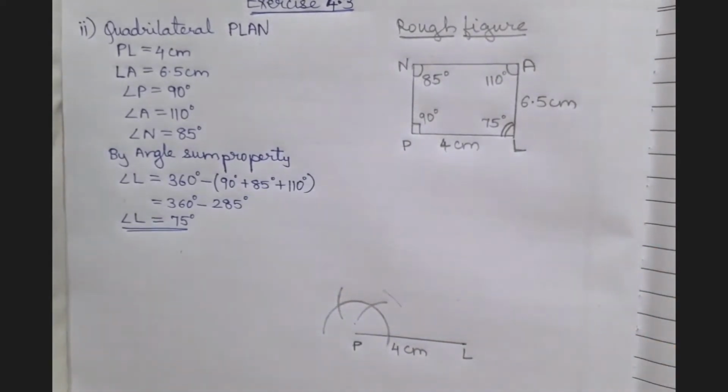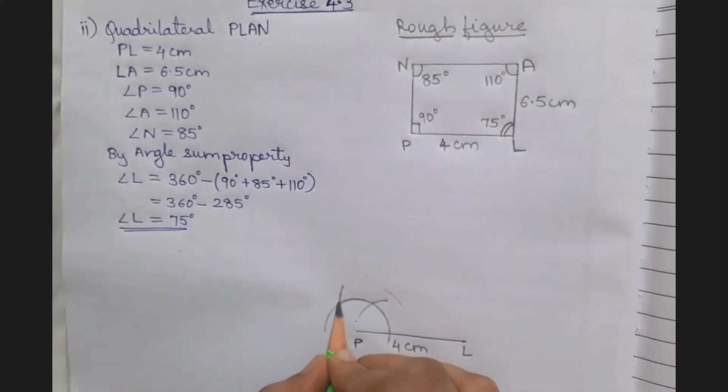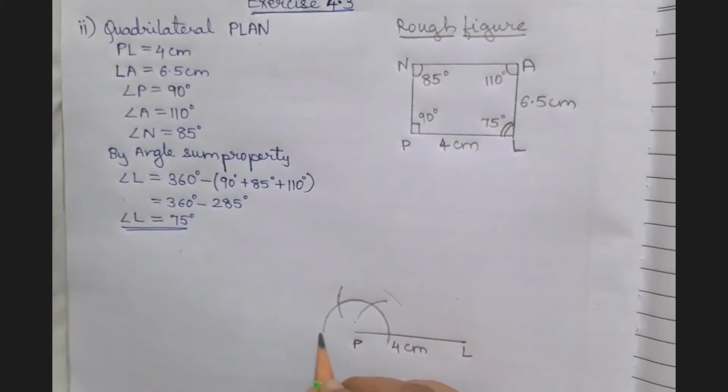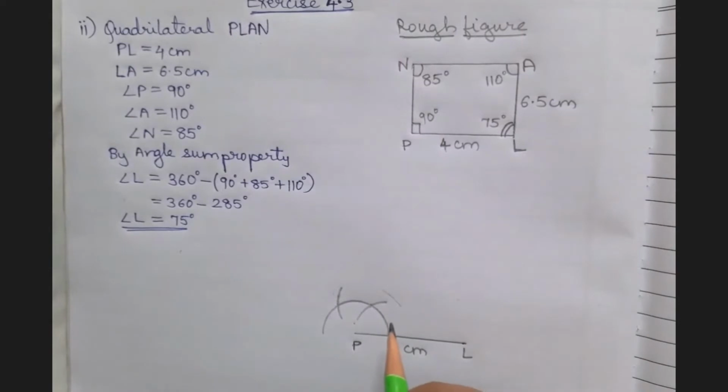So we know that the first arc which is made, this is 60 degree, this is 120 degree, and the entire this will be 180 degree. So if we draw an angle from this point, it will be 60 degree, this will be 120 degree. Now we want 90 degree, and we know that 90 degree lies exactly between 60 and 120 degree. So in order to find 90 degree, we will bisect this arc.